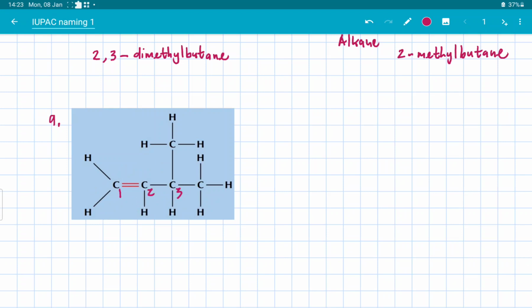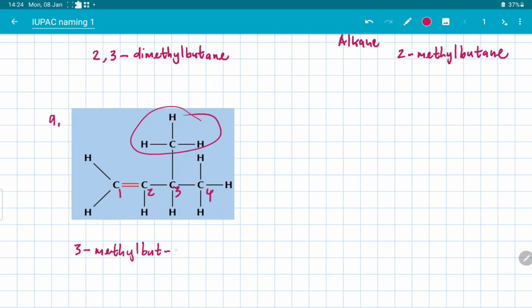1, 2, 3. If I say this is 4, at carbon 3 there is a methyl. If I count from the other side, still at carbon 3 there is a methyl. Same results, so I count 1, 2, 3, 4. Then I start with the side chain. Very important, you always start with the substituent when you name. So at carbon 3 there's a methyl, and the main continuous chain has 4 carbons: 3-methyl, but-